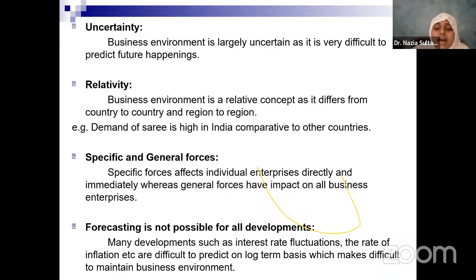You do not know what will happen to different types of environments surrounding the business. Sometimes, for example, you talk about the physical environment 3 years back. We talk about COVID. There, businesses could not predict with certainty to what extent or how many years the pandemic would last, and what kind of losses the business would suffer. So the prediction had happened, but it was not certain, because it is all associated with future events.